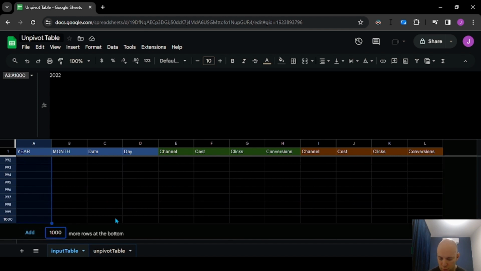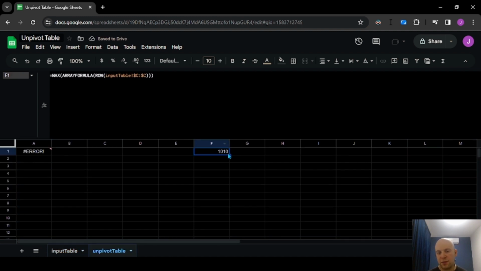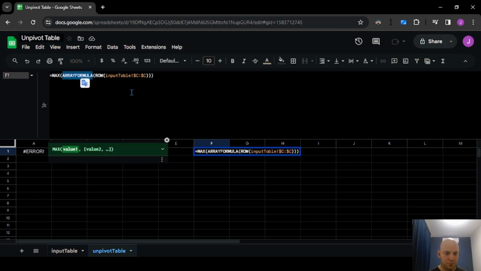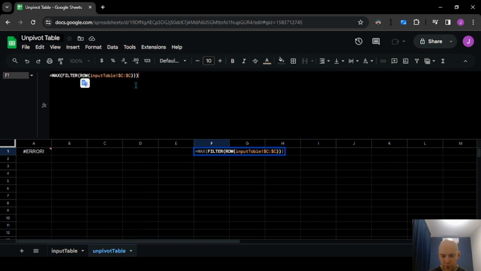So if I add in more, like, I don't know, I'll just add in 10 because I don't want to add in cells because it makes things slower. So as we can see, the max row is now 1,010. And so that's the issue. So what we need to do essentially is filter. Instead of getting the entire array, we need to filter the row count